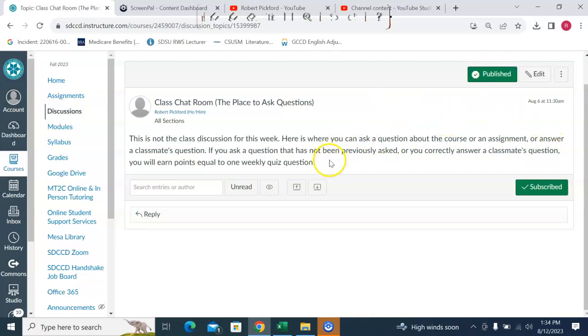And oh, by the way, just as an added incentive, if you bomb one of the reading questions in any week, if you ask a question here, you'll pick up points equal to one weekly reading quiz question. So I did that to sort of motivate you a little bit, but your own curiosity is a motivation. And also if you're feeling a little bit lost, a little bit overwhelmed, you don't quite understand an assignment, please, I really want to hear from you.